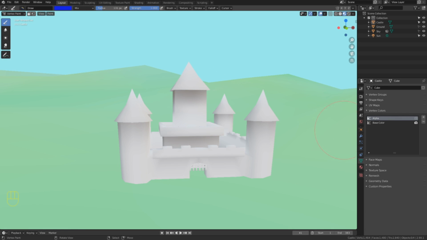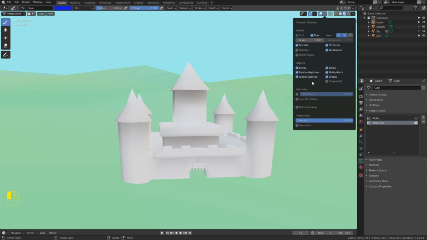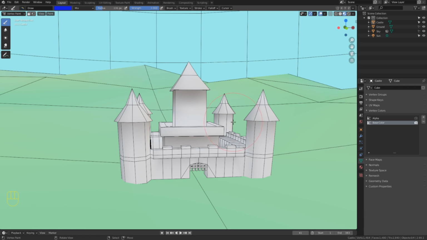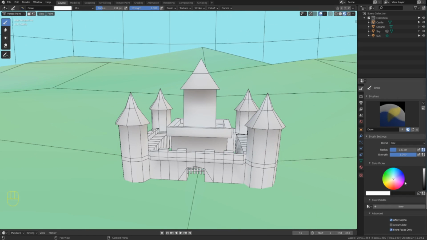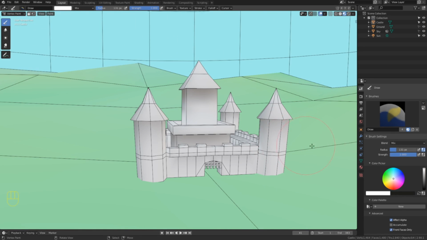I'm going to go up here to the Overlays menu, the one that kind of looks like a Venn diagram. I'm going to open it up and I'm going to toggle Wireframe. And with that done, let's get painting. I want to paint this castle in some pastel colors, something nice and bright. I'm going to go over here and open up the color palette menu, and I'm going to make a new